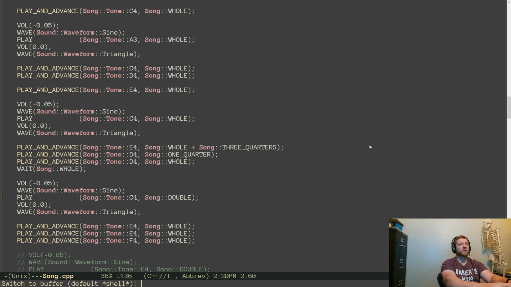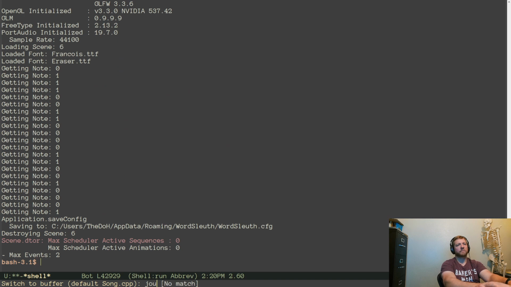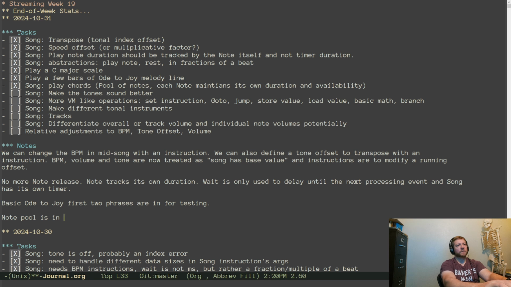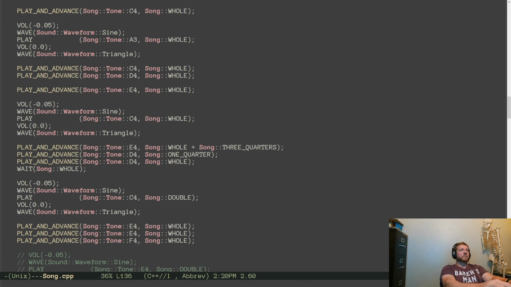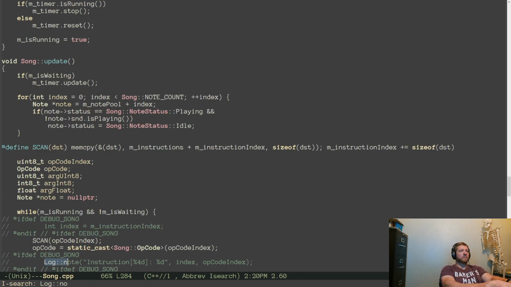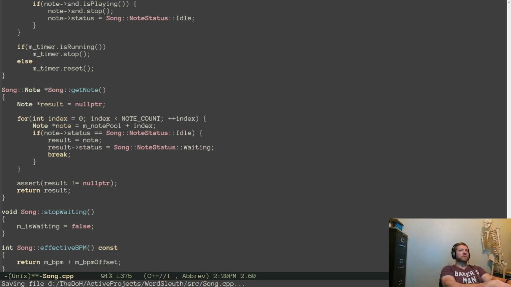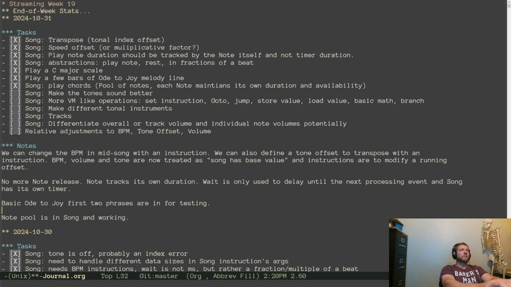Okay, well, Ode to Joy with some basic chords is in and working. The interface to create those chords isn't beautiful, but the pooling of the notes is working. Note pool is in song and working. Chords can be played,